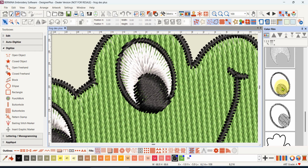I've got my outlines on, so when I select in True View with the outlines on, I'll get a narrow pink outline around the object, so it makes it a bit easier to see, other than the black little handles, which are harder to see. Okay, so